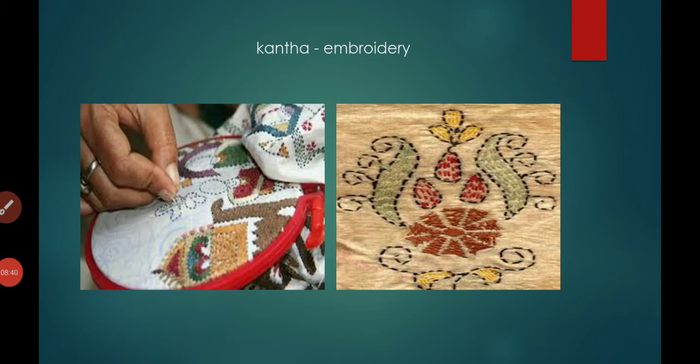This embroidery is called Kanta embroidery, right? This is famous in where? West Bengal. And this is also created by hand using colorful threads, right? So beautiful designs we can create using such types of methods. Create designs on cloth, right?